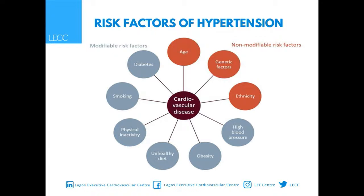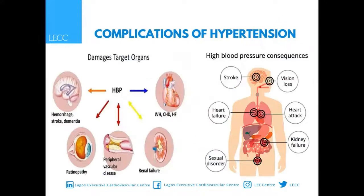our blood pressure. Some risk factors predispose a person to hypertension. They are grouped into two, non-modifiable and modifiable. They are non-modifiable because you really can't do anything about them, for instance your age, your genetic factor, or your ethnicity. But those are some things that can contribute to a person's ability to develop hypertension. Unhealthy diet is modifiable. Being obese is actually known to be one of the leading causes of hypertension, as well as lack of physical activity and the rise in smoking. But we'll get to that as we go on. These are just complications that come up with diabetes because